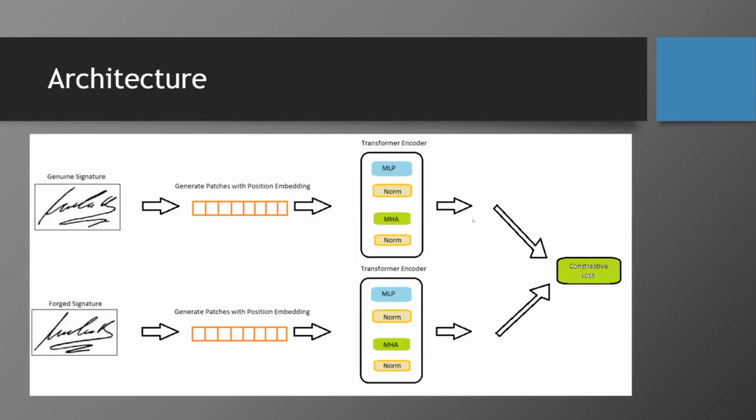So this is the architecture we're using. It's similar to the SigNet architecture we saw earlier, but in SigNet the input is directly an image, while this time we're going to convert the image into patches and add the embedding, which is needed for the transformer. And we replace the convolutional layers with the transformer encoder.